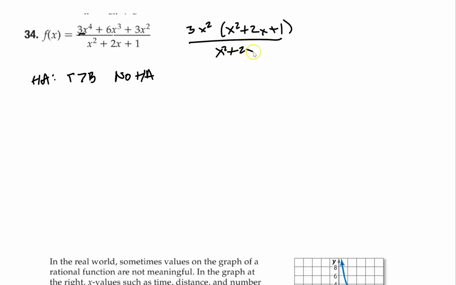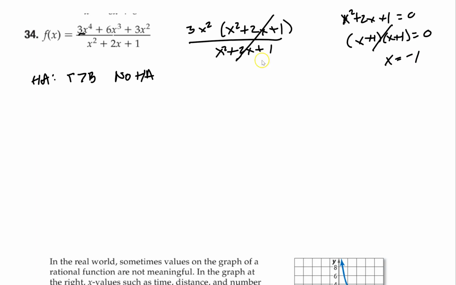And if you notice, these match. And they'll be multiplied, so you actually cancel these out. So where's your hole at? Well, as always, you have to set that equal to 0, just like finding a vertical asymptote. That does factor. It's x squared, that's how you solve it. You factor it: x plus 1 times x plus 1. Or just x equals -1. So we have a hole